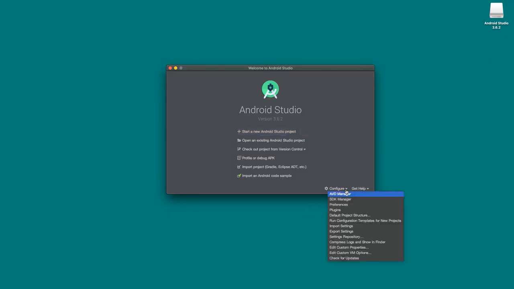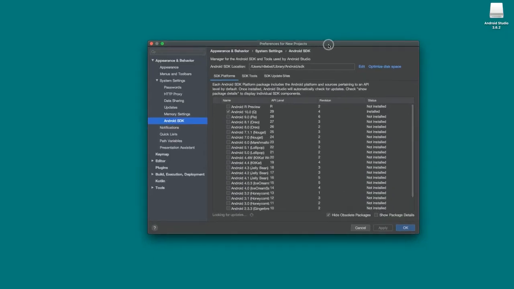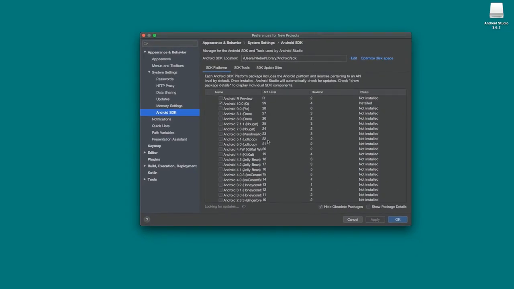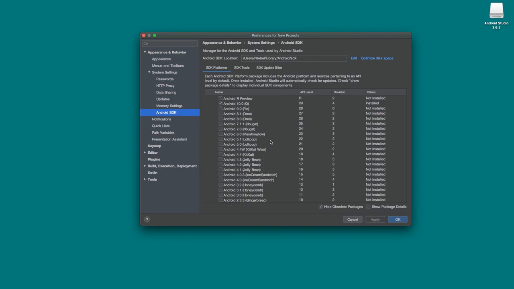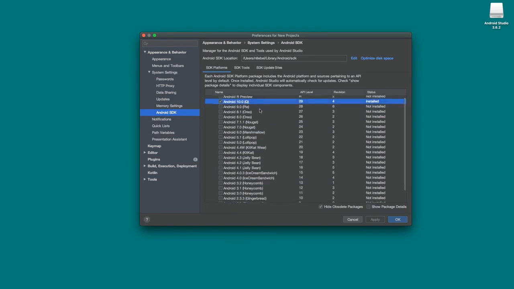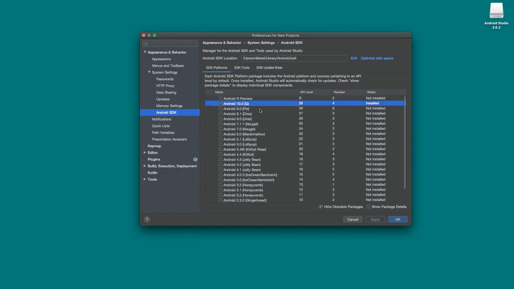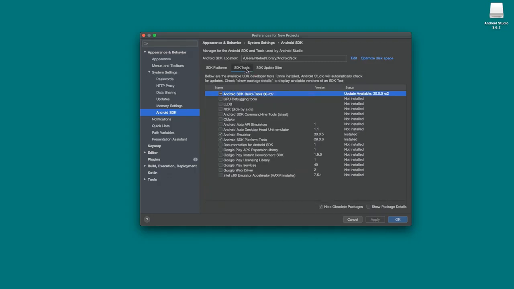Here, we next want to go to the Configure section. And we want to open up the SDK Manager. Now that might be a little bit different on Windows, but what you're looking for is SDK Manager. Now here we can see that we have the Android 10 APIs installed. But you see we have a lot of other versions too. So you might want to install some of those if you were doing this professionally, but for now, just the one is fine. If we tab over to Build Tools,